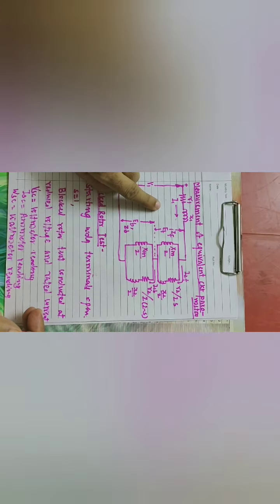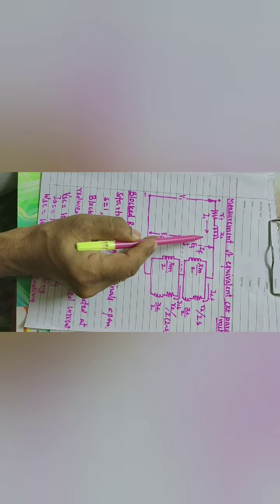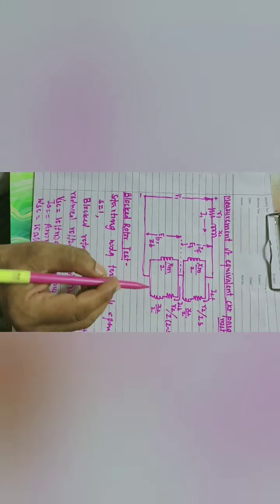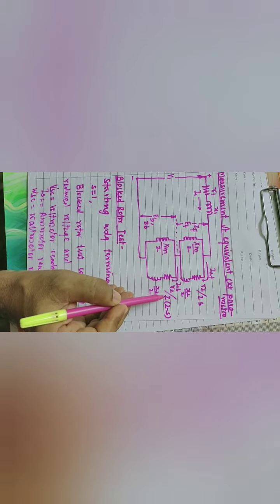Now this is the motor equivalent circuit at any slip S. From this circuit we have to develop the equivalent circuit under the block rotor test condition. So slip S is equal to 1 under block rotor. So this is 1, and this is R2 by 2. Then similarly this is R2 by 2 over 2 minus S. S is 1, so 2 minus 1 is 1. Again this is R2 by 2.